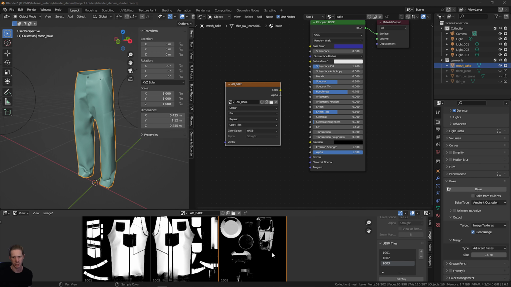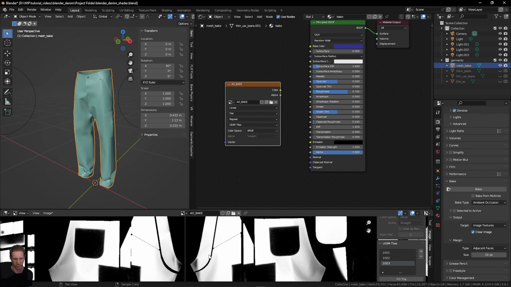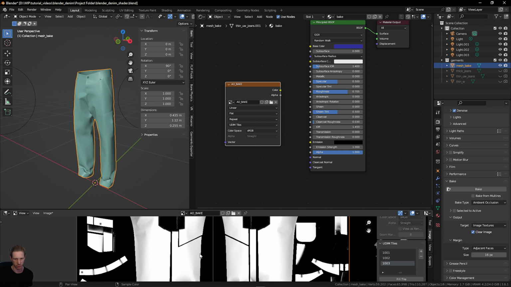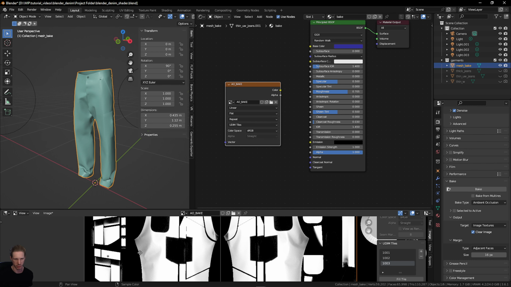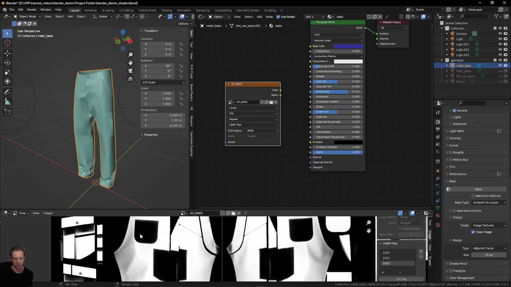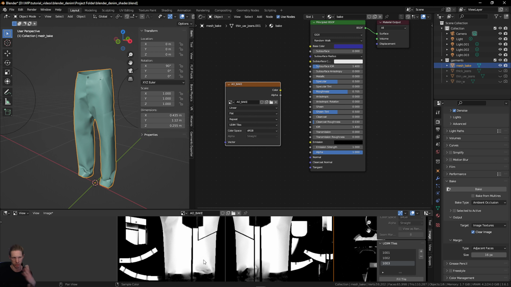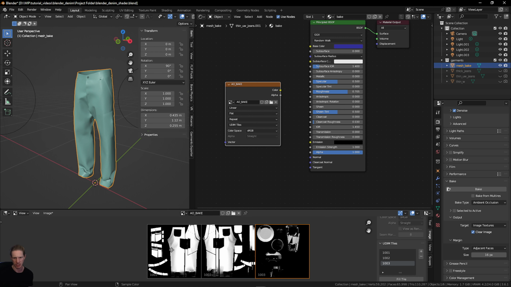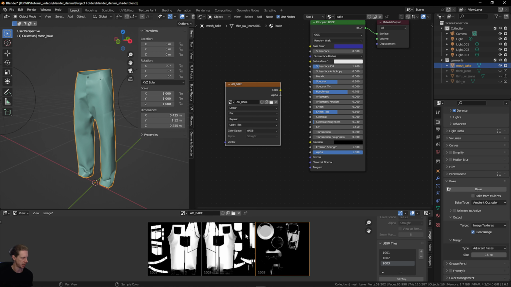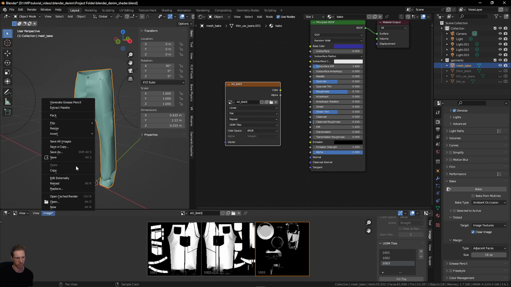Okay, so this is baked now, and if we look here, we have an image texture with black and white information on it, and it's got shadows where shadows should be. So we can use this to create shadowing and things within our texture. Now that this is baked, we want to save this. So go to image, and if you see there's this little asterisk right here, this little star, that means this is not saved. So go to image,